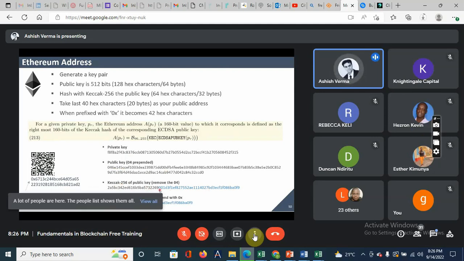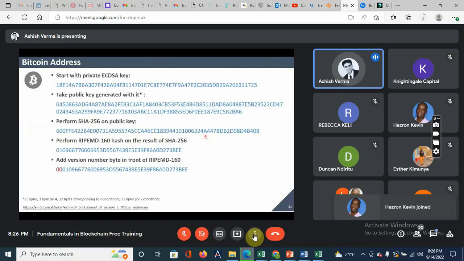Out of this hash, we take only the blue part and prefix it with 0x, and this becomes your Ethereum address. So this is the logic behind it. From this, you cannot derive this, you cannot derive this, as a layman. So this is the 4-step process used in all Ethereum addresses, and as I said, you will always find the 0x prefix. You can see this address, you can see this address. This logic has been taken from the Ethereum white paper, showing what exactly is happening. For Bitcoin, the steps are slightly more.